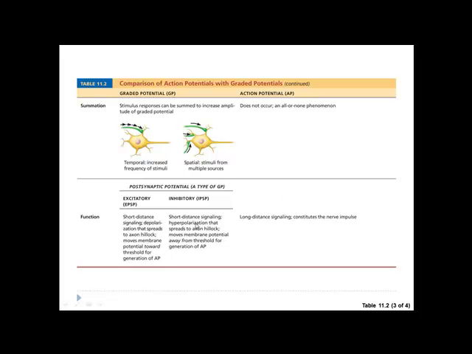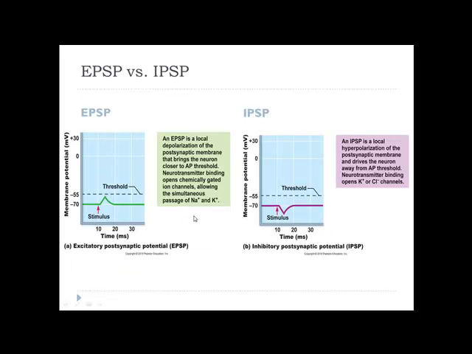With our EPSPs and IPSPs, our EPSPs are going to increase the amount of information that can come into the nerve cell, so it'll be easier excited. This will decrease the information. So this could be something like caffeine, and this could be something like Benadryl that puts you to sleep. Alright, EPSP makes your resting membrane potential move closer to threshold, which means it'll be more jittery. And IPSP makes your resting membrane potential move away from threshold, which means it will be less likely to fire.